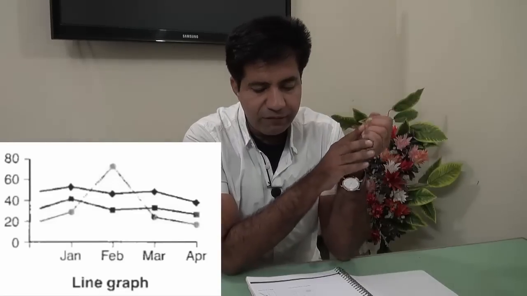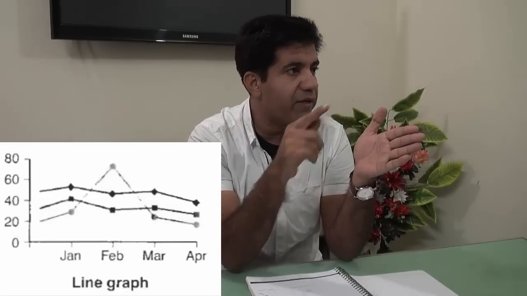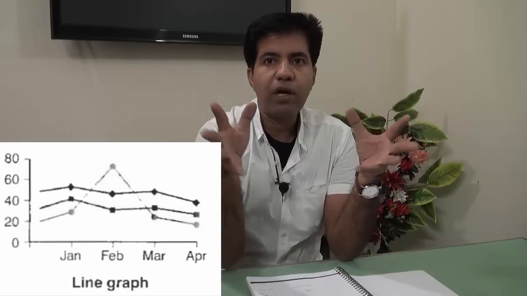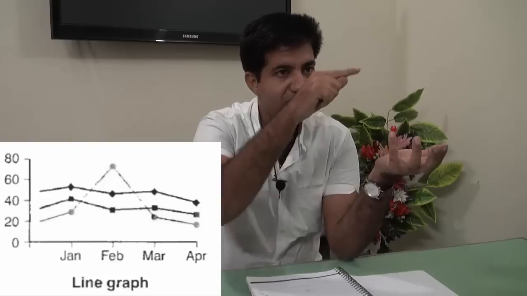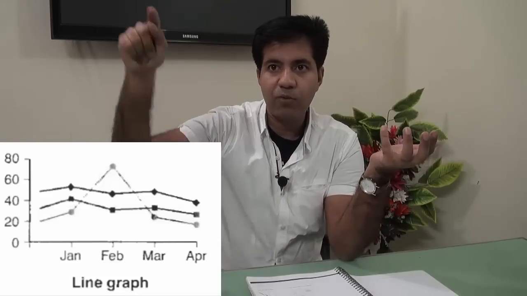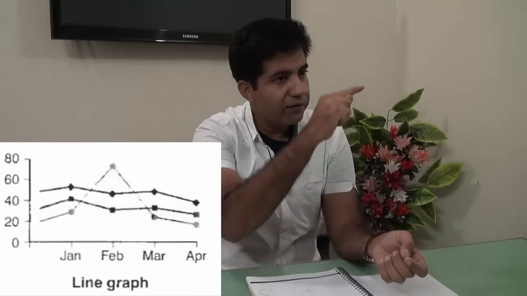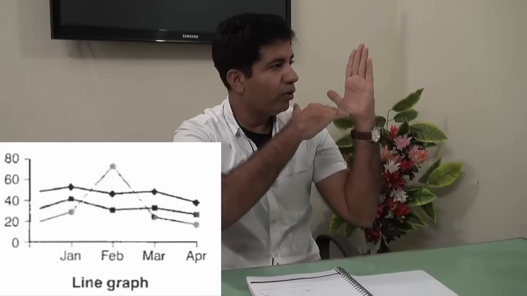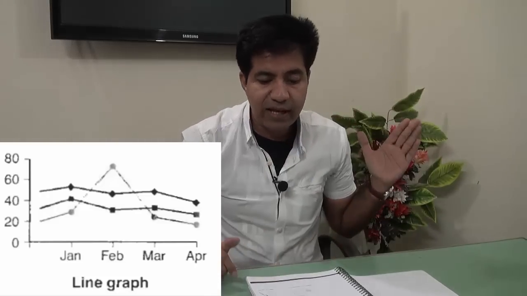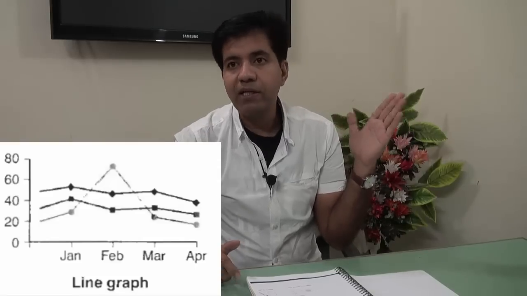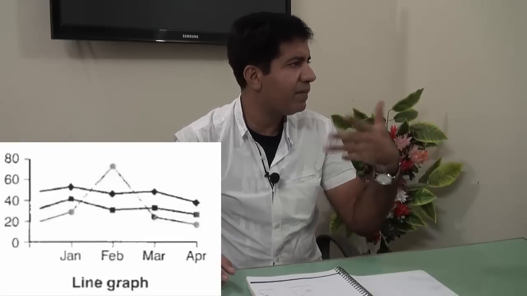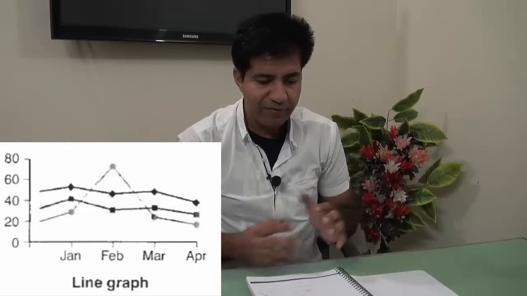Next is the line graph. There is just like a line, right? It goes on. Have you seen an ECG of the heart, right? So an ECG is like a line, it goes up, comes down, goes up. That's a line graph. So a line graph goes like a line, and on both axes there are certain things. Now in this line graph, down there we have the months and then the values 0 to 80. Now we don't know, it can be sales, it can be anything, it can be percentage or whatever.